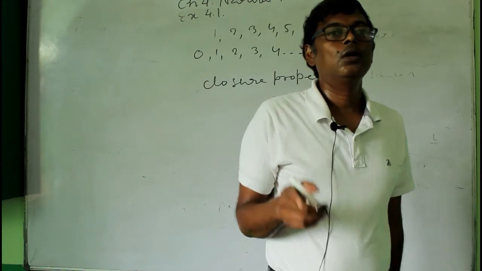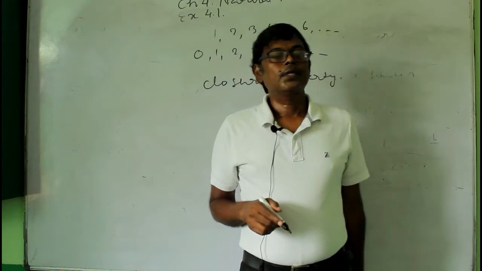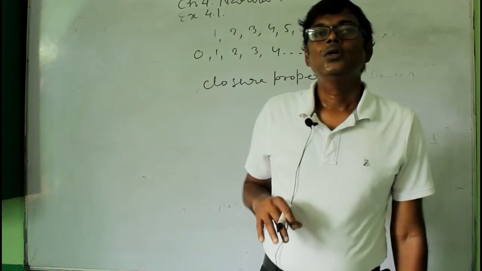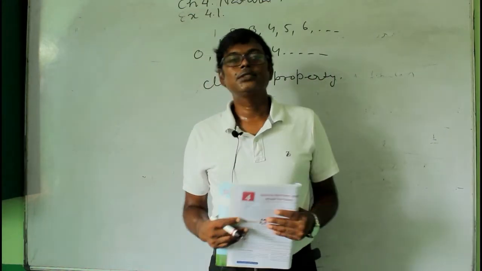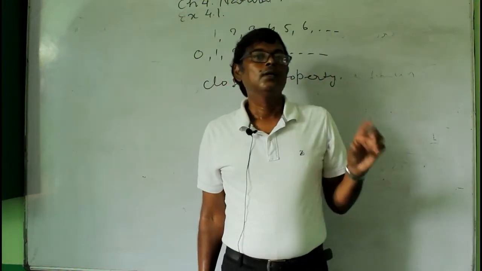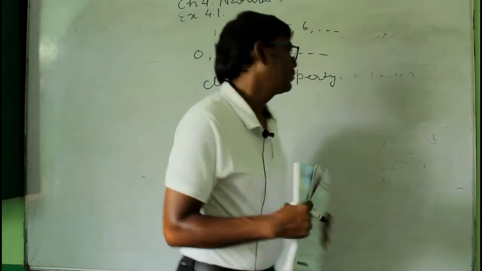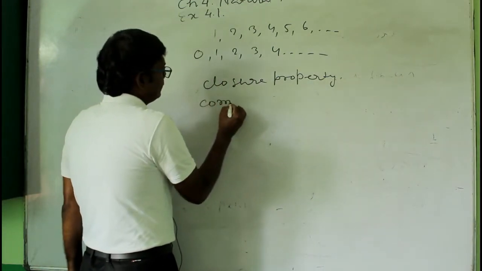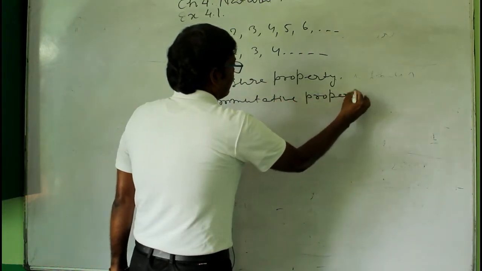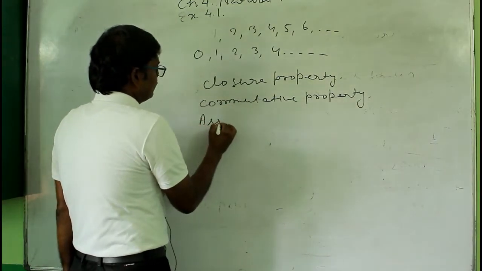Okay, then closure property of multiplication of whole numbers, then closure property of subtraction of the whole numbers, and the closure property of division of whole numbers. Okay, because we have the 4 operations: addition, subtraction, multiplication, and division. So for all these operations we have this closure property, and then another property that is called the commutative property. Okay, commutative property. Okay, then closure property, then commutative property, then you have the associative